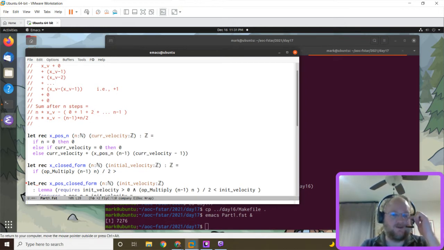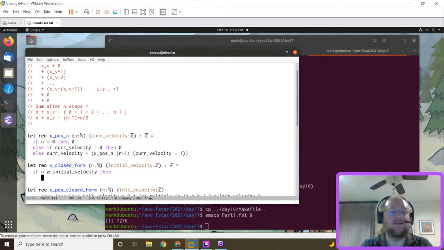So I was overthinking it, right? When are we at 0 after n steps? So if n is greater than or equal to the initial velocity, then it's